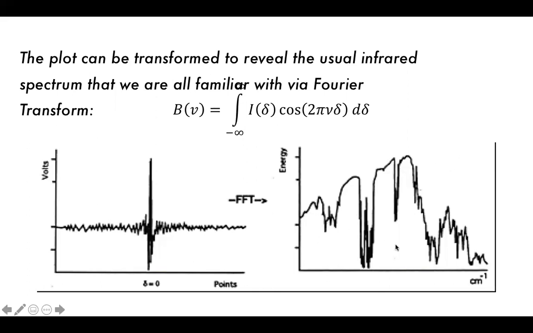So our actual spectrum is not measured by the FTIR. What we're actually measuring is this interferogram. And then this interferogram is Fourier transformed to give us our spectrum, which we can actually interpret. There are some people who can interpret the interferogram reasonably well, at least some characteristic peaks. But for the vast majority of us, myself included, this is what we need in order to understand what our spectrum is